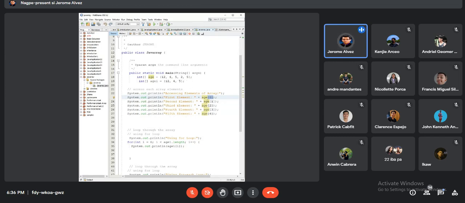Okay? So, kaya in-specify niya sa una is 0 index. Okay? 12. Okay? So, we have age 1. Okay? So, ayan yung 4, and then 2, then 3, and then 4. Okay? So, that's a total of 5 values. Okay? So, next is